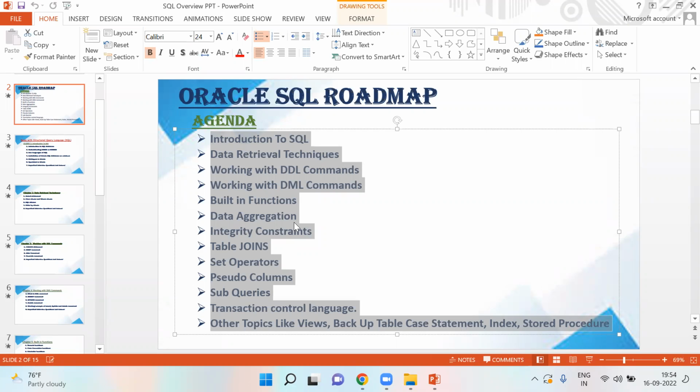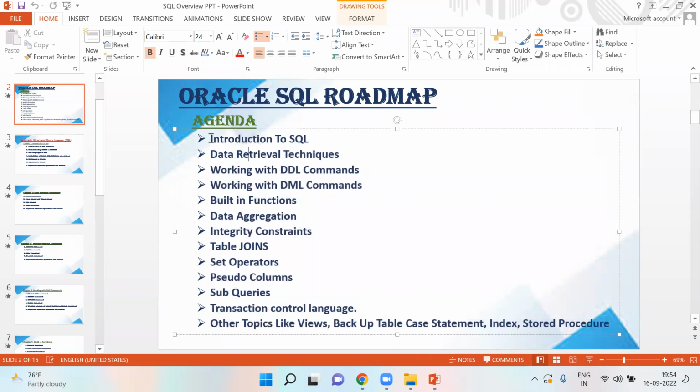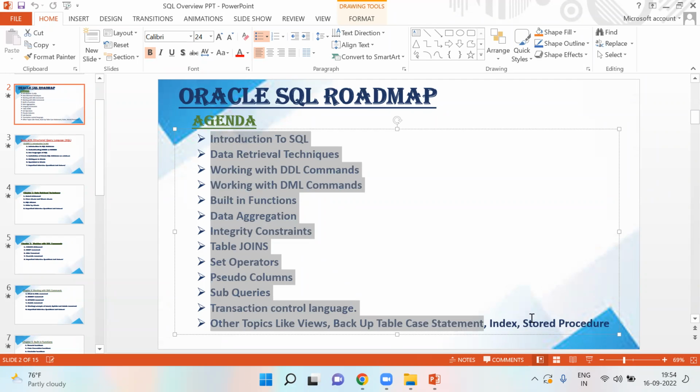So my suggestion is that just make sure that you are perfect in SQL. After completion of the course, before attending the interview, you should be very perfect. And how much you're good in SQL, that much faster you will get a job, and that much good package you will get. So the money matters here.